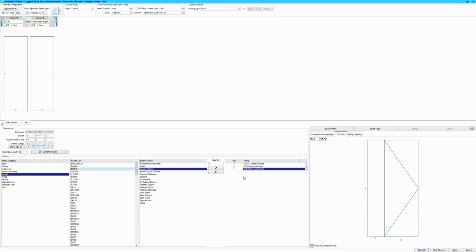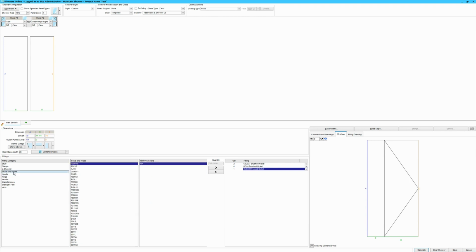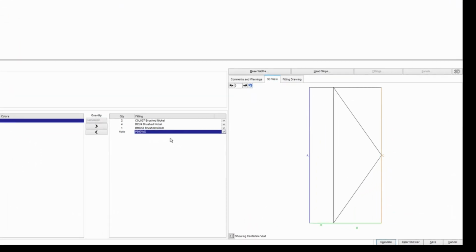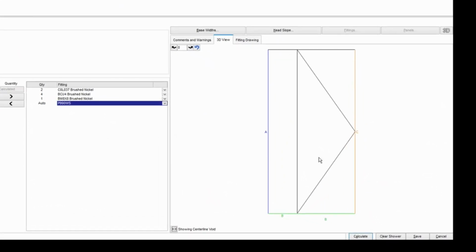For the sake of keeping things the way they really are, why don't we put a sweep on the bottom here, and my P990WS is the most popular bottom sweep. Now you're going to notice that for the quantity this one says auto, because it's going to automatically figure out how many inches of that sweep I need. And because I haven't yet calculated the shower, it doesn't know how many inches or how many lengths of seal I may need for the shower. So I'm going to go ahead and hit calculate down here,